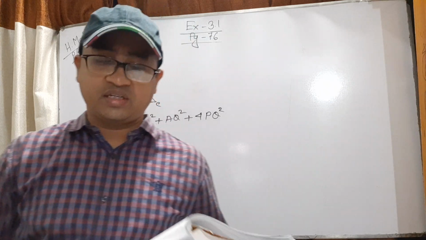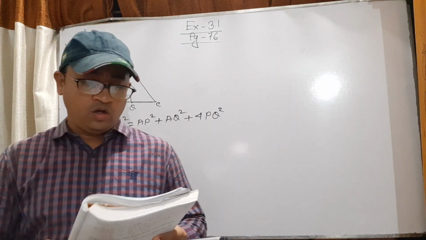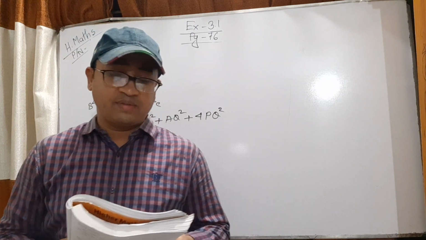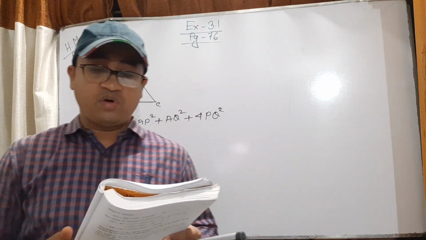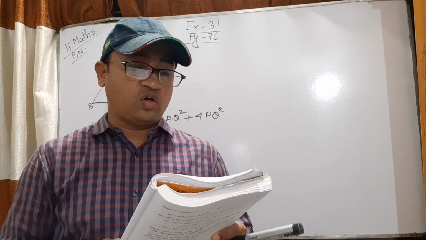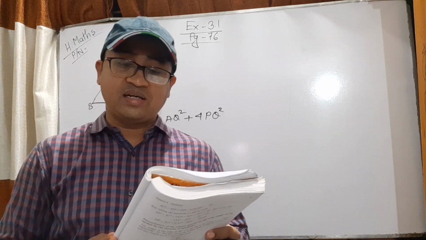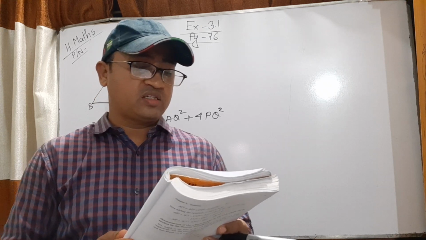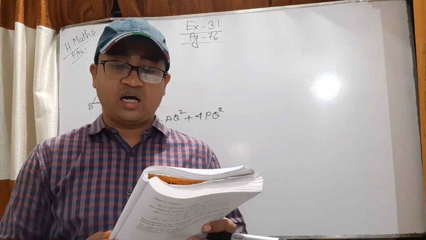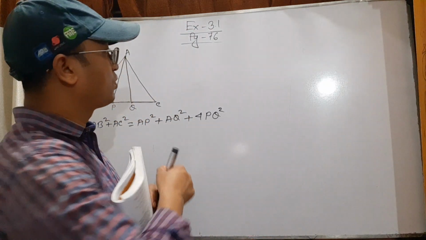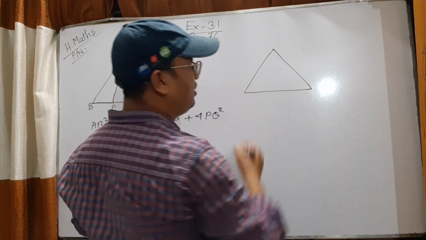Again I discuss this to remind you. Look, page number 74, theorem number 5, Apollonius theorem. The sum of the areas of the squares drawn on any two sides of a triangle is equal to twice the sum of the area of the square drawn on the median of the third side and on the other half of the side. Look, so this is a triangle, any triangle, not only acute angle, but any triangle.